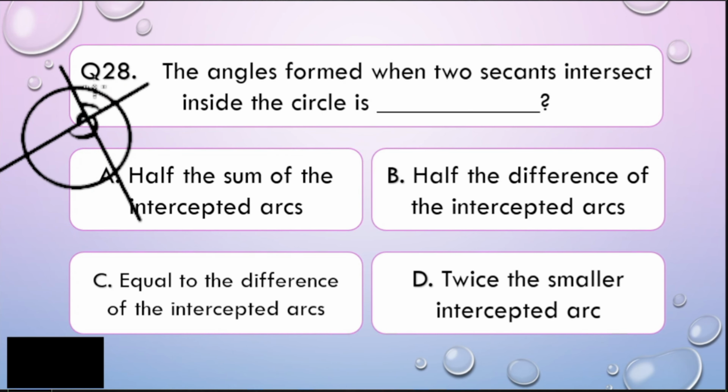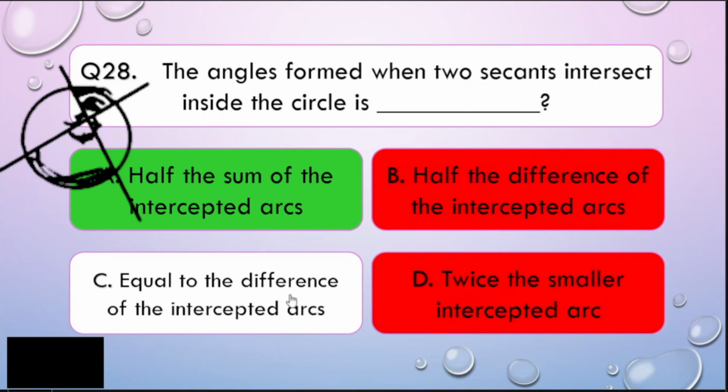Basically, these two here are known as vertical angles. These two pair here are also vertical. Now, how do you get the measurement of that? In getting the value of this angle, or this angle, because they are just the same, you need this arc and also this arc. But how do you solve that one? Basically, you just add them and then divide it by 2. So, which is that statement in our choices? That would be letter A. Easy, right? Very easy, my dear math learners.